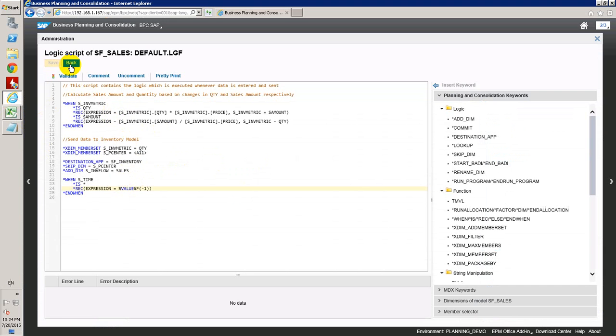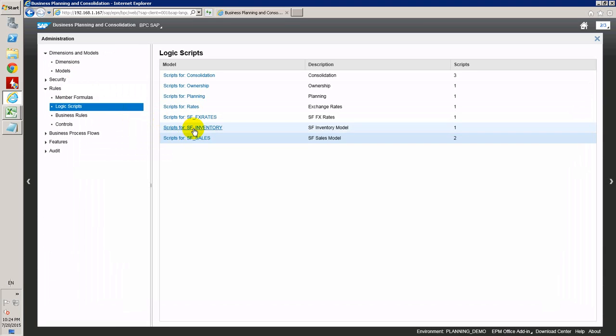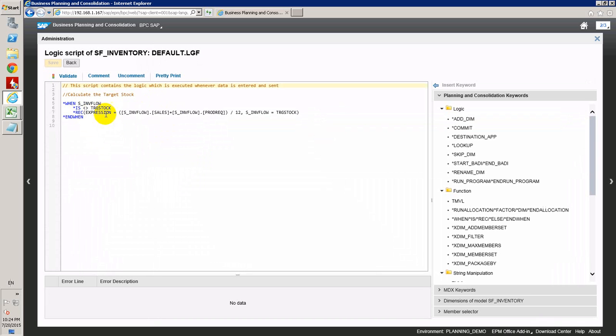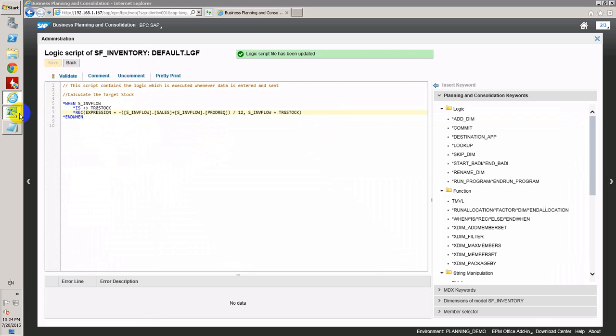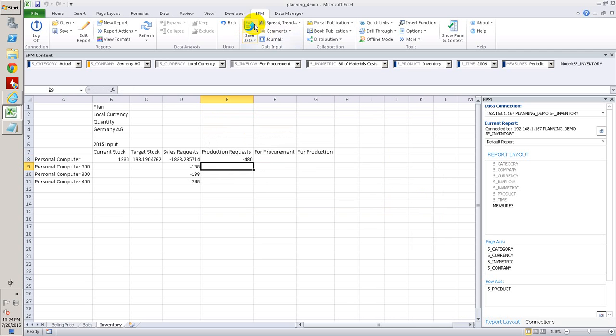To correct that, let's go back to inventory model, scripts for inventory, and here we'll add one operator, negative, minus. And let's again do the calculation. Okay, so target stock is right now